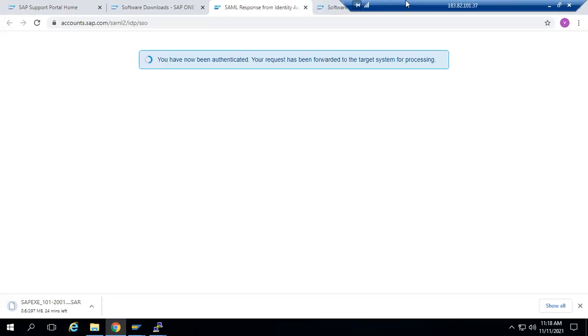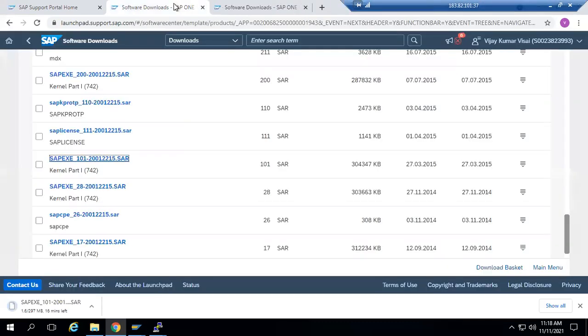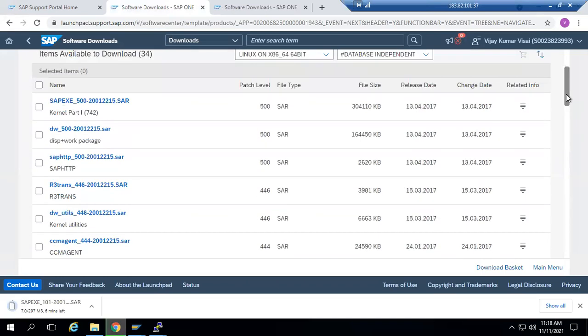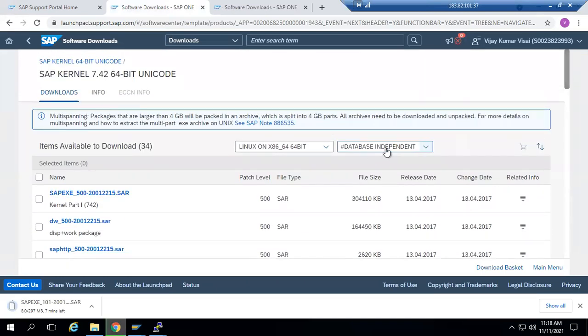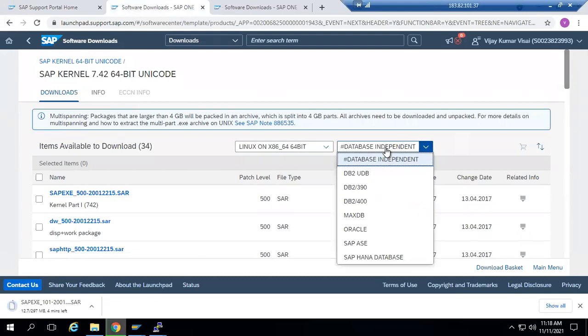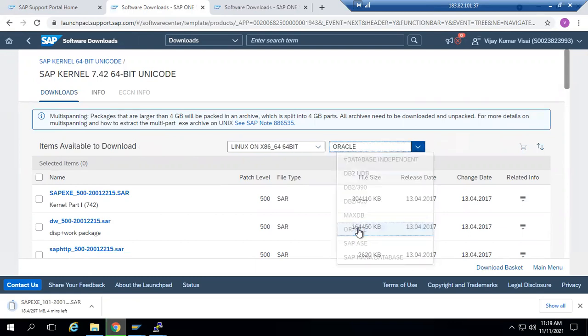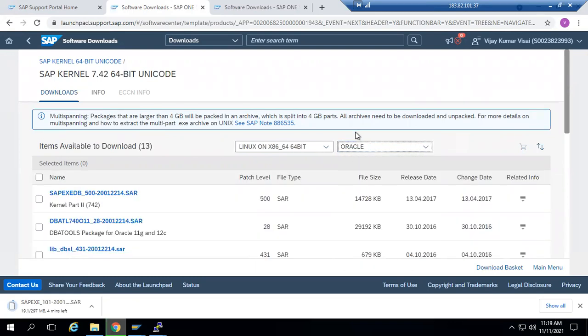It is downloading. Now go up and download the dependent file. For the dependent file, select Oracle as the database. See, your DB has been added. You downloaded 101, so you need to download the same 101 only.